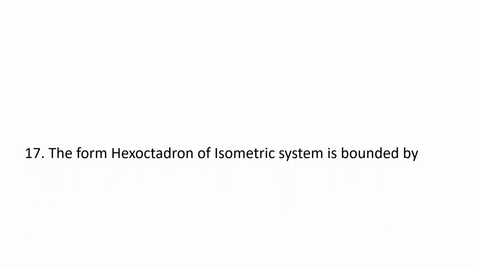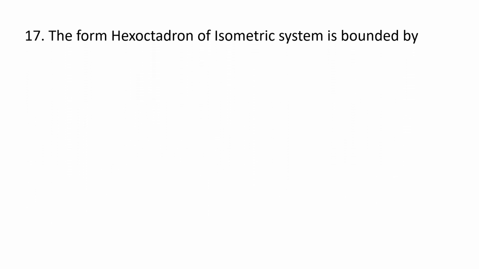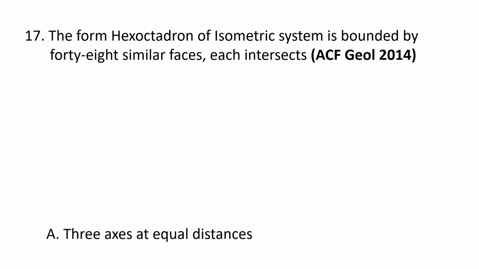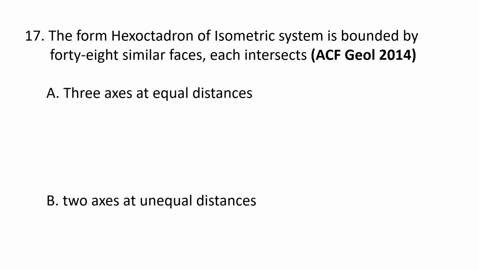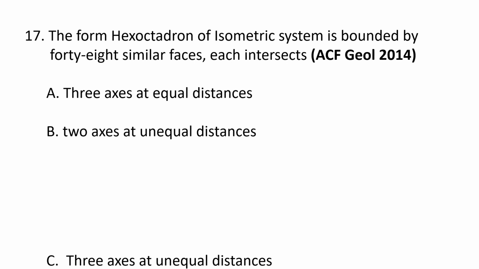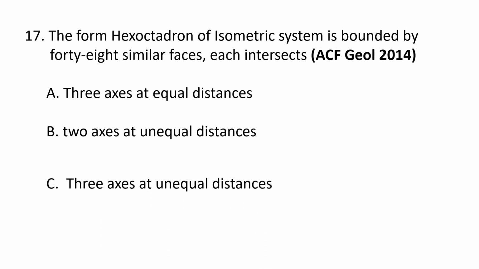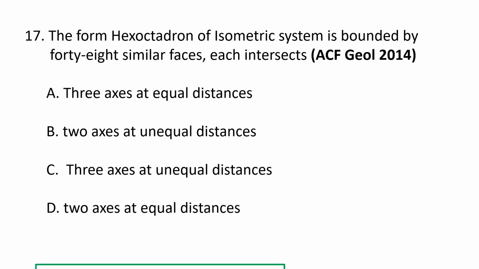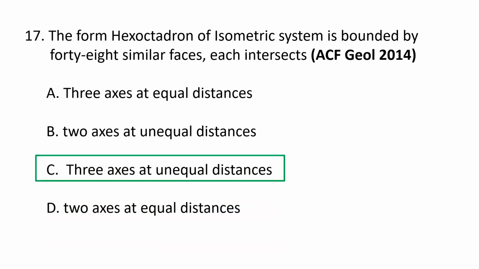Next question. The form hexoctahedron of isometric system is bounded by 48 similar faces. Each intersects A. 3 axes at equal distances, B. 2 axes at unequal distances, C. 3 axes at unequal distances, and D. 2 axes at equal distance. The form of hexoctahedron of isometric system is bounded by 48 similar faces and each intersects 3 axes at unequal